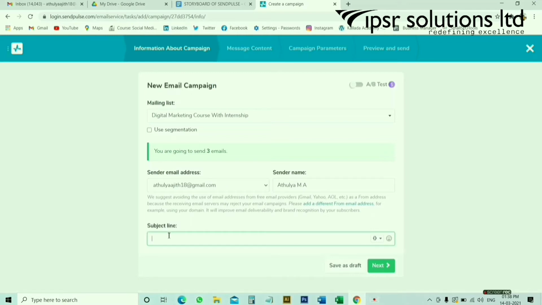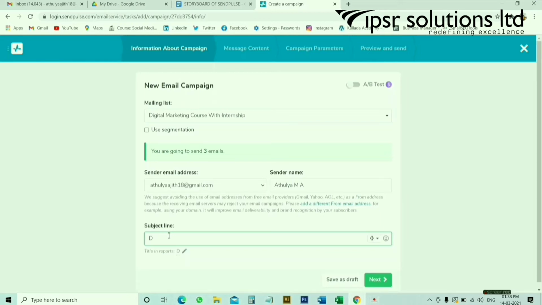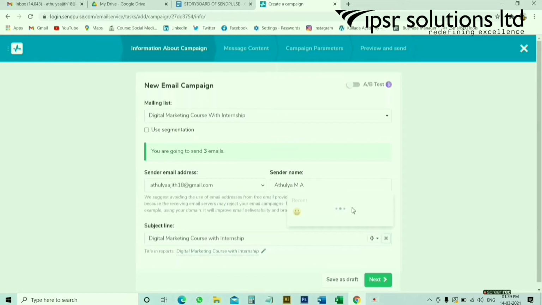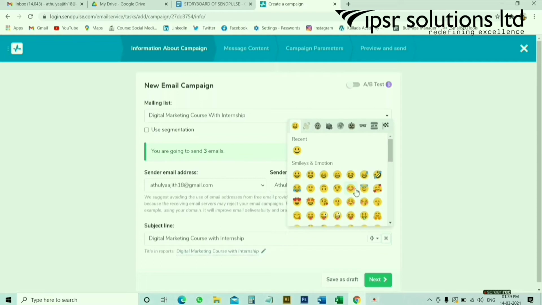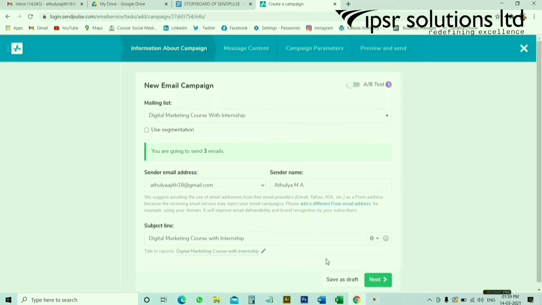Then create a subject line: Digital marketing course with internship. And also you can add emojis from here. Then click next.